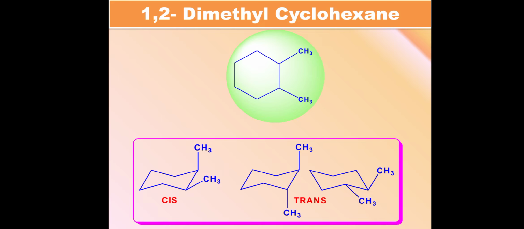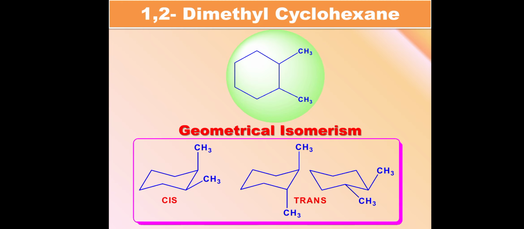Looking over to the 1,2 dimethyl cyclohexane, methyl groups are placed at carbon number 1 and carbon number 2 positions with respect to each other, and because of that it has geometrical isomerism, that is cis and trans. If you look at the position of methyls, here in cis conformation, your carbon number 1 methyl is at axial position, carbon number 2 methyl is at equatorial position, but both the methyls are pointing towards the upward side, and therefore it is on the same side of the plane, and therefore it is cis.